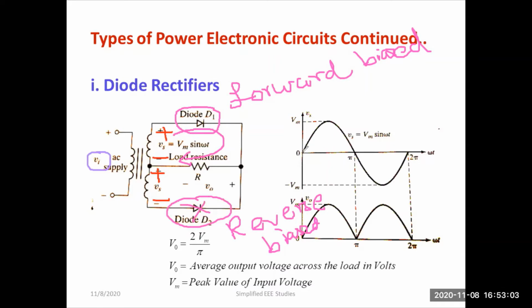So the thing is, this is the positive half cycle of your input supply. So diode D1 will operate. Diode D1 will be conducting so that you will be getting the voltage across the load. Whatever input voltage you have applied will be available at the output side, across the load. This is a resistive load. It may be a lighting load. So during the positive half cycle, whatever input voltage you have applied will come across the load.